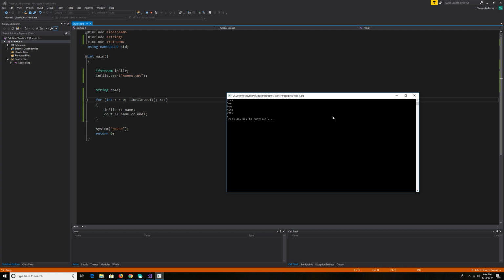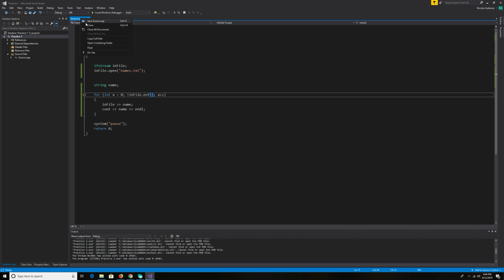Notice what it says. I said that you're supposed to go as long as it's not at the end of the file. Well, while not inFile dot end of file. Okay, so this is a function that is already made by our fstream, so we know when it's at the end of the file or not. Another creative way to do this